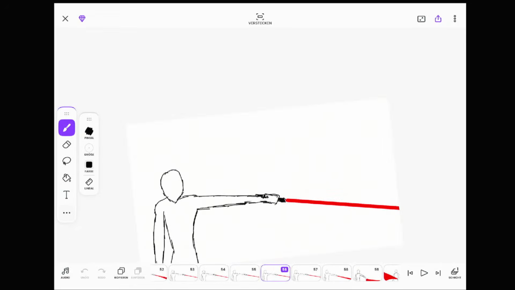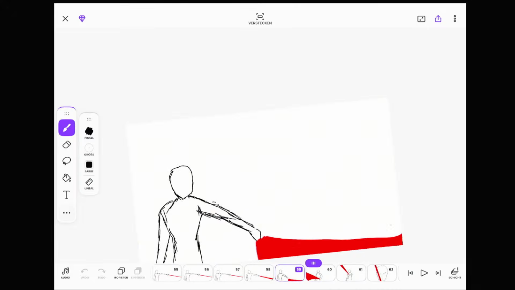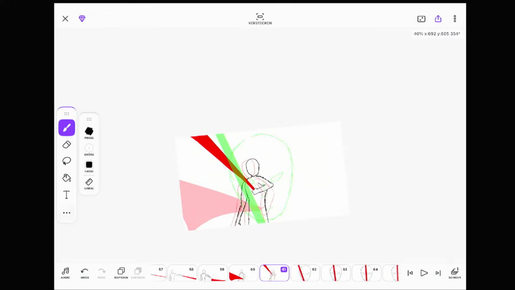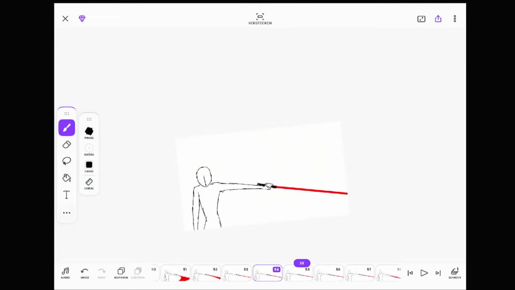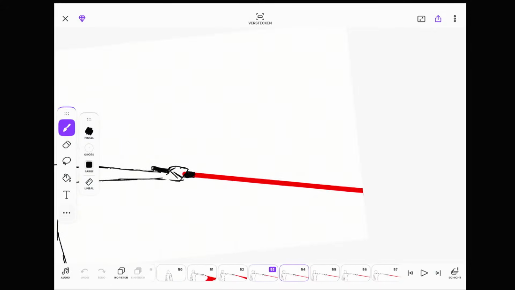This is very often a thing in animation, that you start with a slow movement. Also see this right here, a slower movement with a lot of frames just with this little movement.